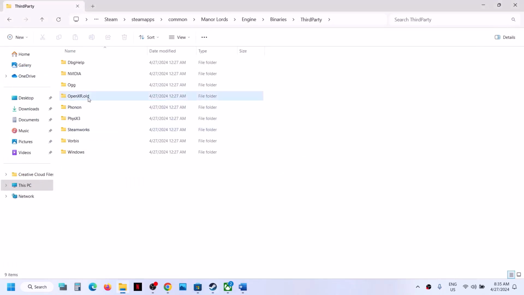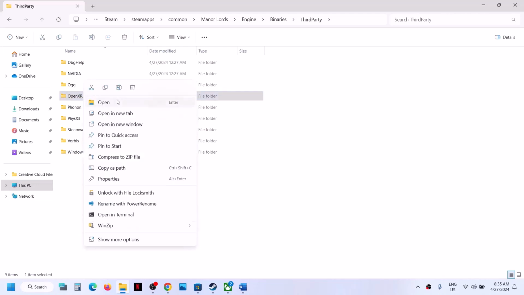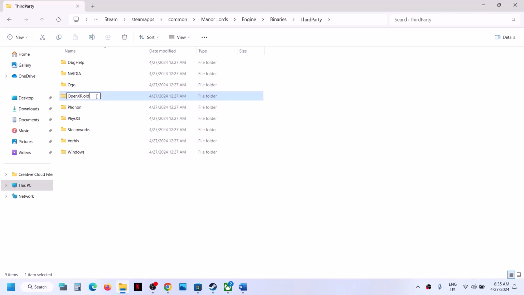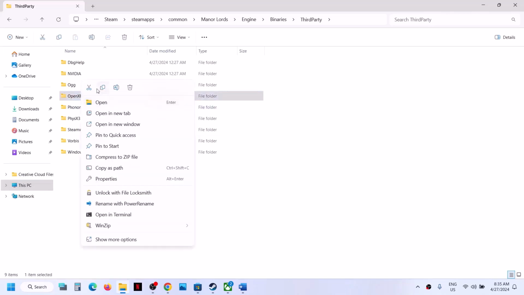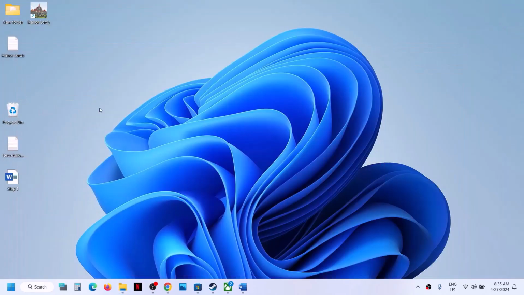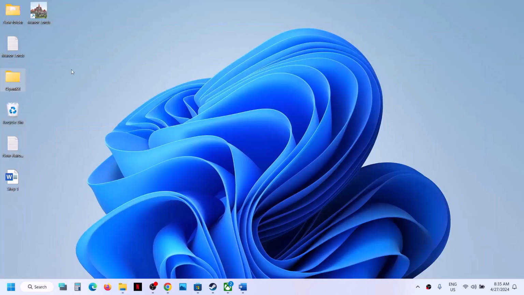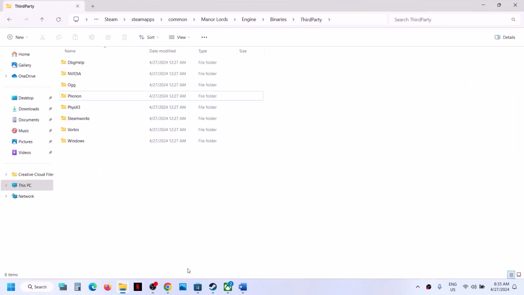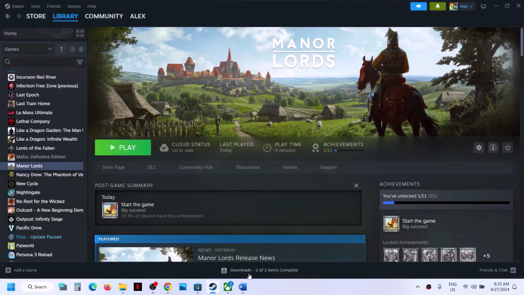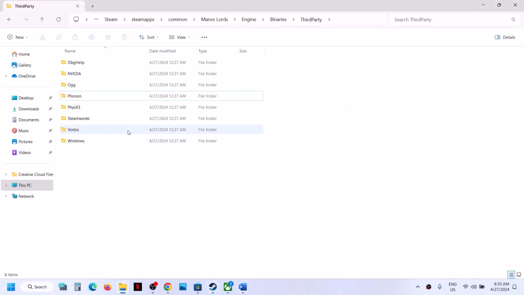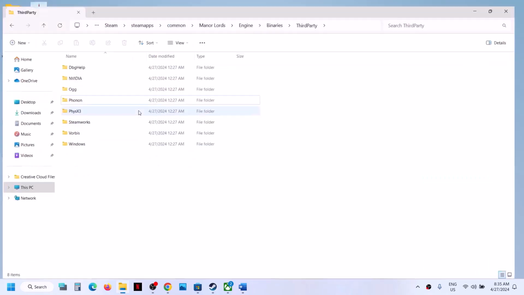If you're still facing the problem, you can even delete this OpenXR folder. For this, just create a backup of this OpenXR folder first. Before you delete it, you can cut this and paste it to the desktop. Once you have a backup, you can delete this folder. I have already cut the folder. Once you delete OpenXR, you can launch the game and then check. If you want to put the file back, you can always copy this file from here and put it back